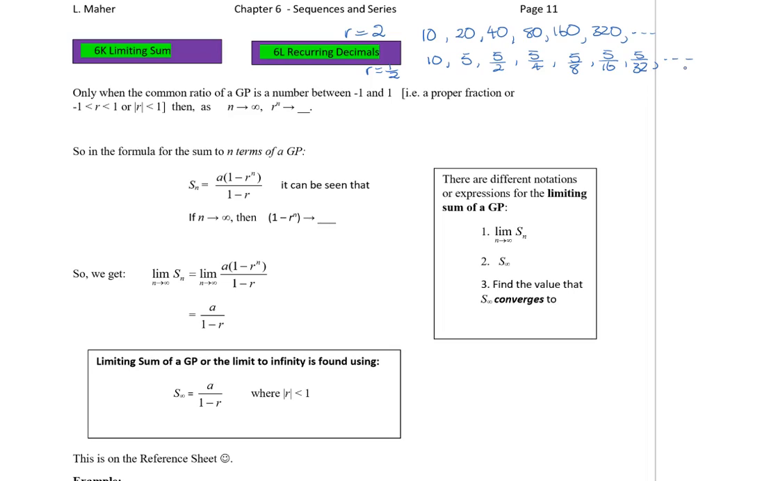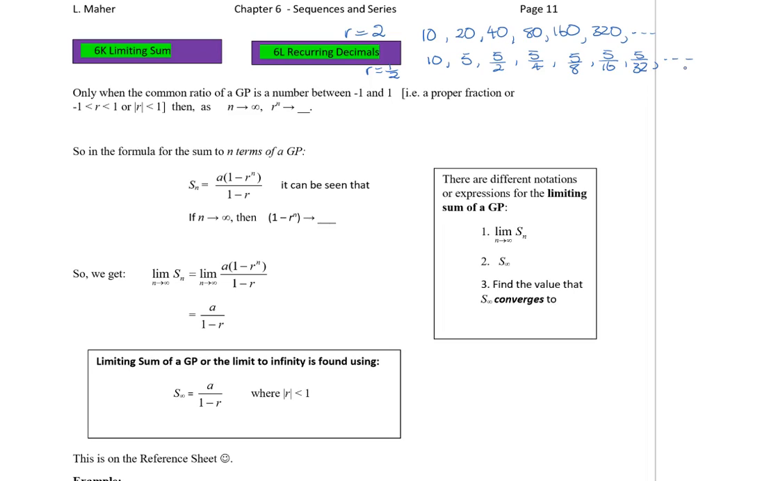So you could see here, back to the first example I showed you, it wasn't ever heading towards a particular value, unless of course you think of infinity as a value, and we don't. So you will get a limiting sum only when the common ratio of the GP is a number between -1 and 1, that is, it's a proper fraction. Or we could say the ratio is greater than -1, less than 1, or the absolute value of the ratio